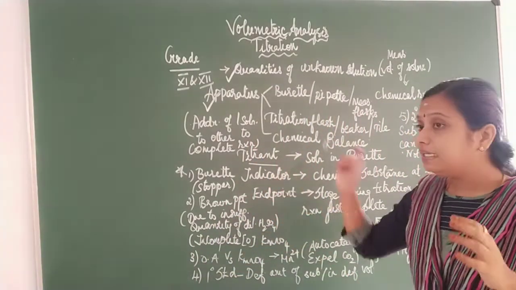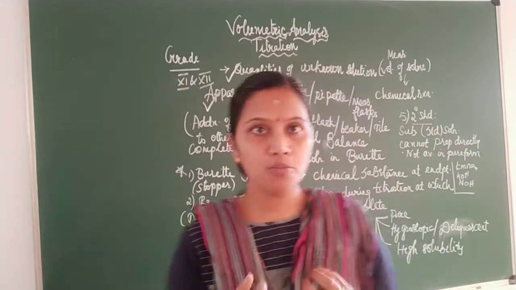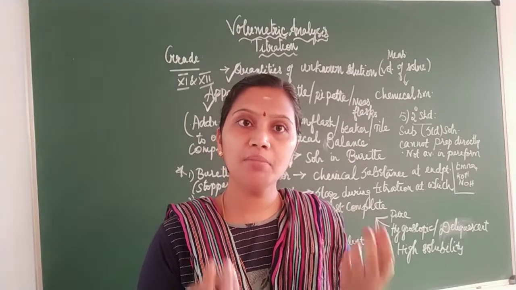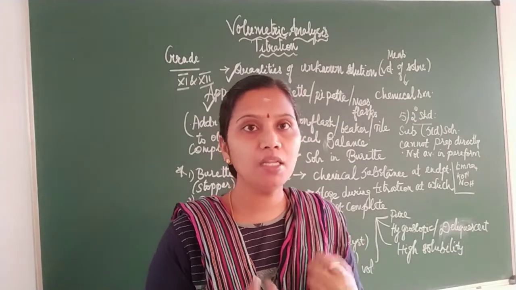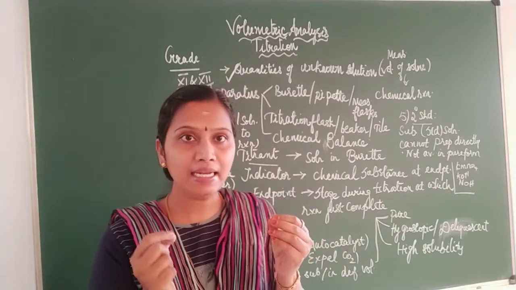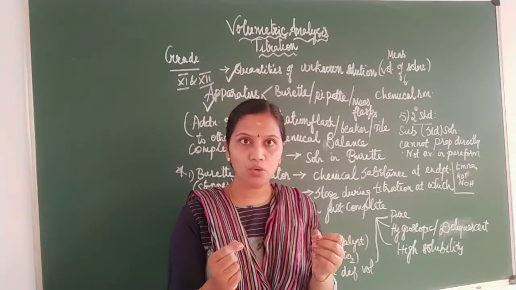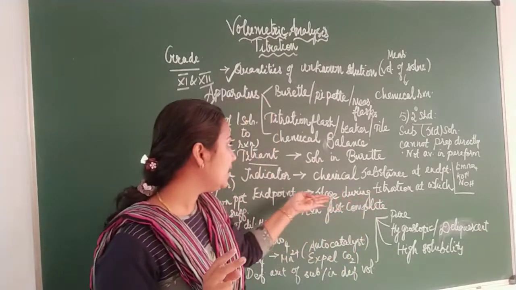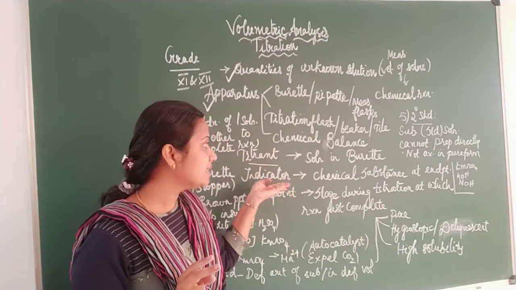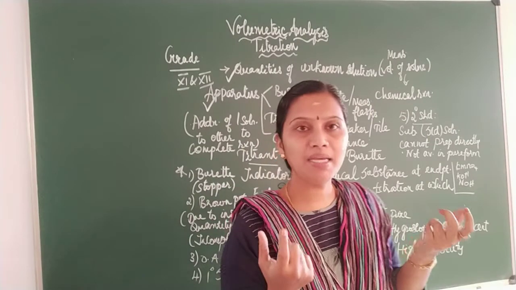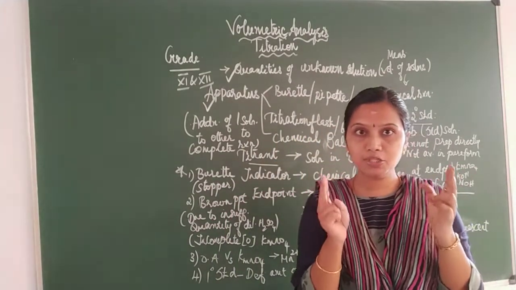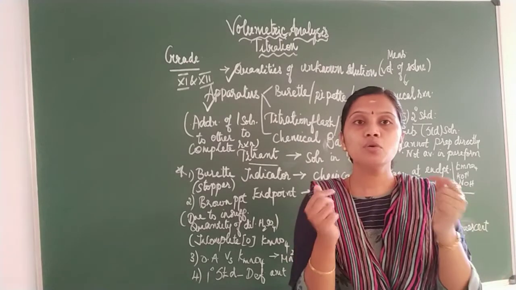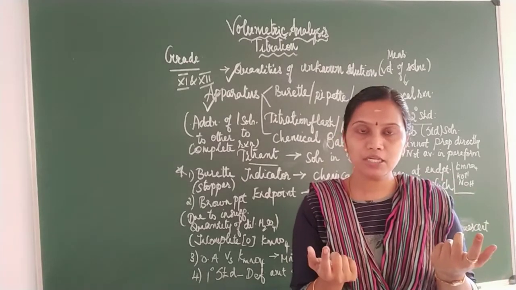Then what is an indicator? See, what is my objective? I am going to determine the volume of unknown solution, right? How will I know that I have determined the volume of unknown solution? I need an end point to give me a hint or a clue telling that your reaction is over. Stop the reaction. So my indicator will do that work. An indicator is like a stop clock which is nothing but a chemical substance. It is going to indicate to me that the reaction has completed. So how will I know if I use any colorless solution?